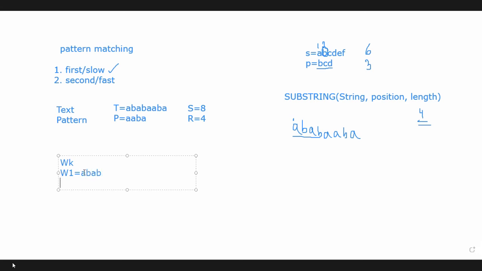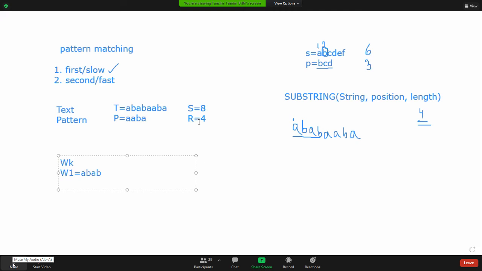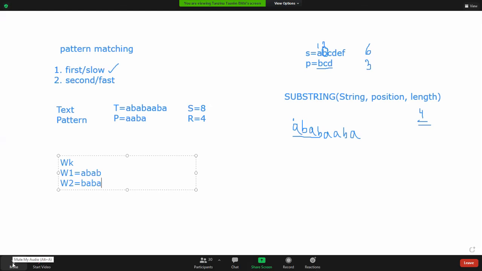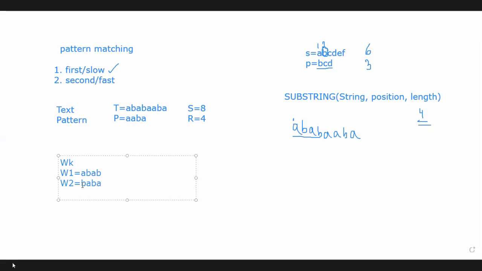Okay. And now when K equals to 2, that means that is our second substring. So we will take the characters from which position? From the second position. B is the second character in the string. So we'll take the characters from B. So our next string will be B, A, B, A. That is the content of second substring. Now when K equals to 3, W3, and we'll start from which position? Third position. So it will be A, that is our third substring. When K equals to 4, that is W4, start from fourth position, B, A, B, right?